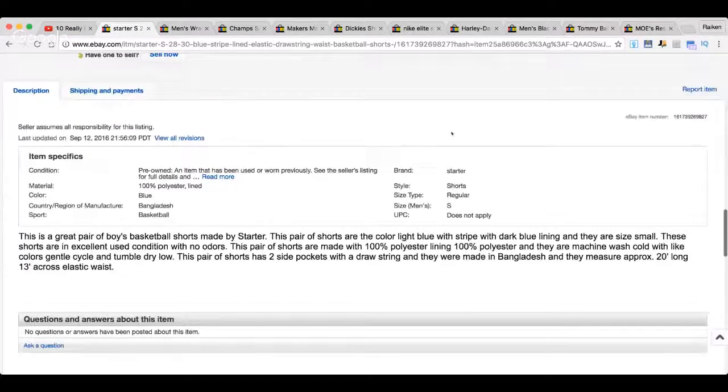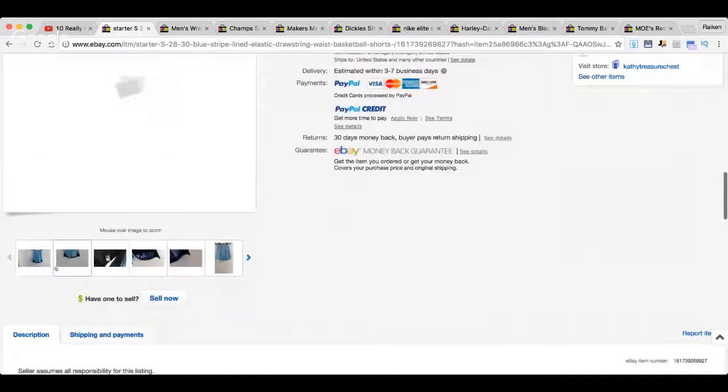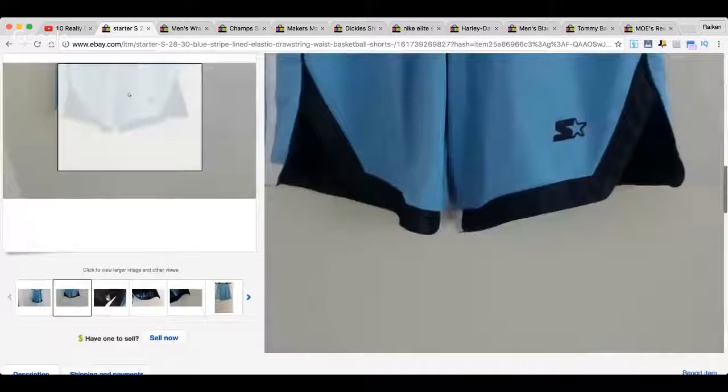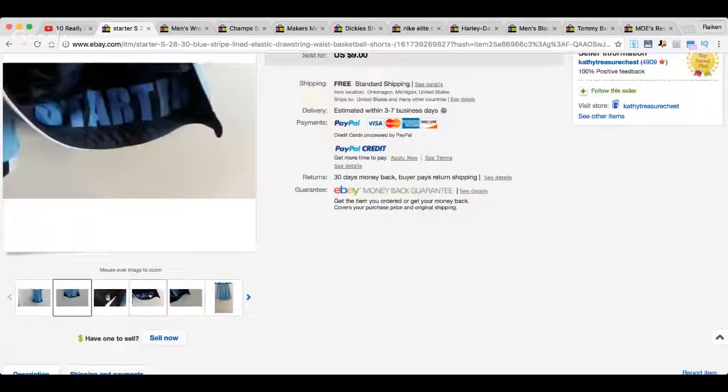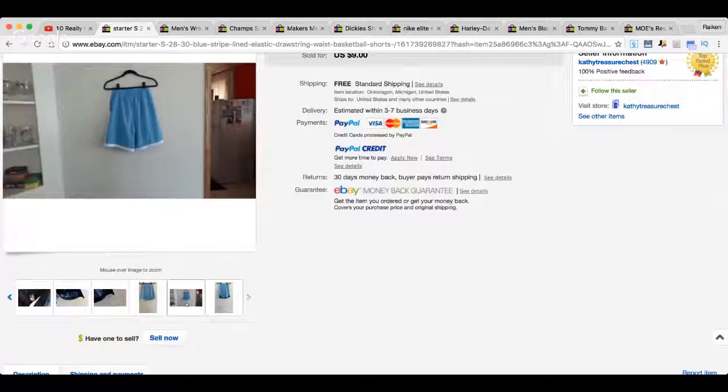Everything else looks okay. Looks like there's a pretty good description going on right here. Looks like the measurements are in there as well, so that's really good. Item specifics are filled out pretty fully, so that's really good as well. But take a look at some of the pictures. It just doesn't look very pleasant. I think you'd agree with me as well. It's not horrible, but make sure, like something like this,